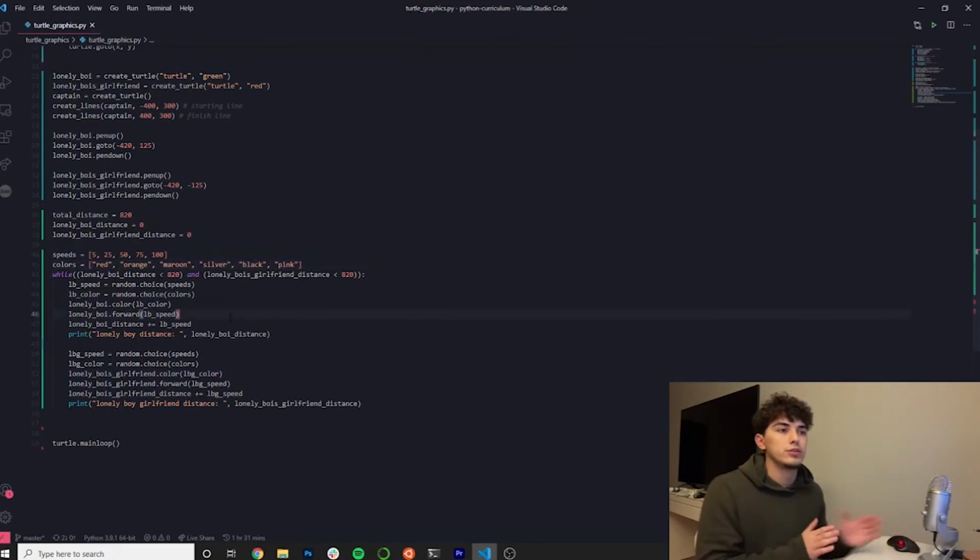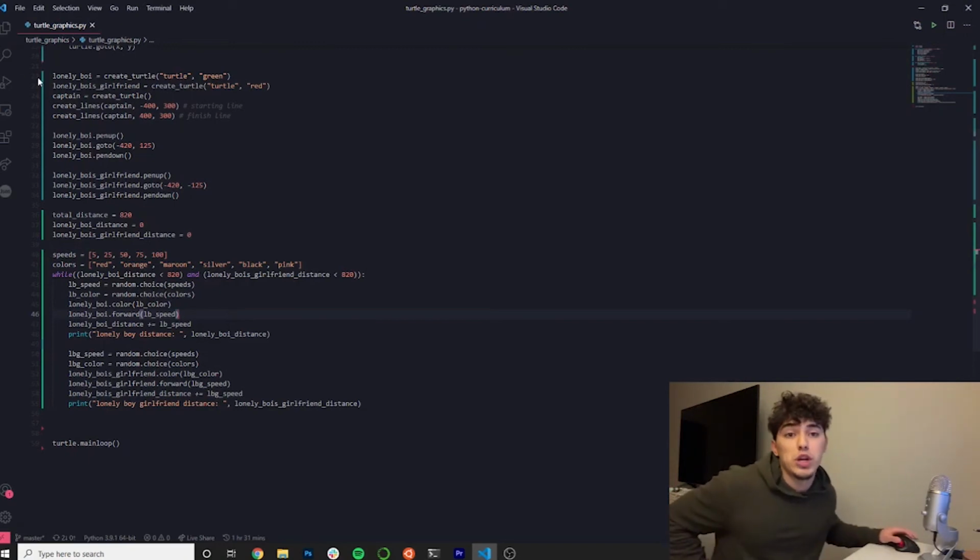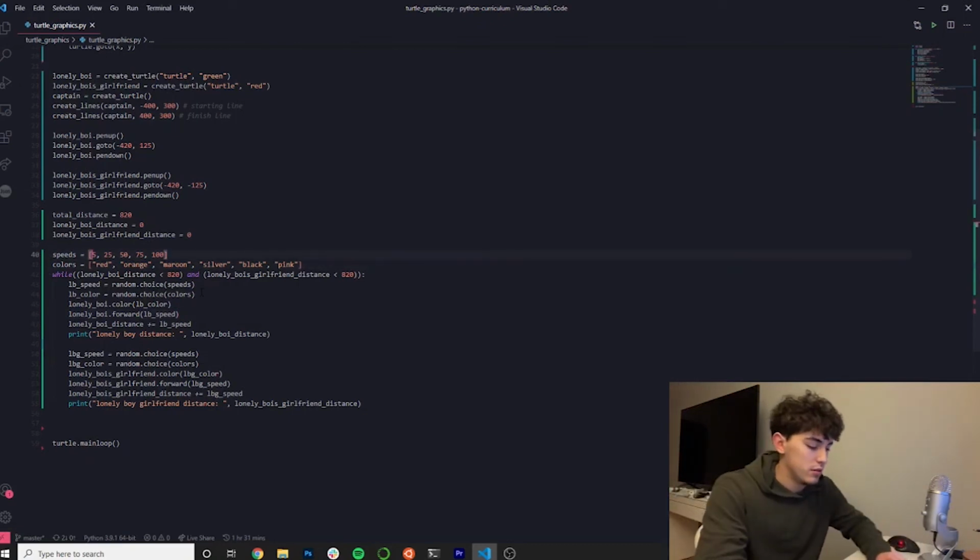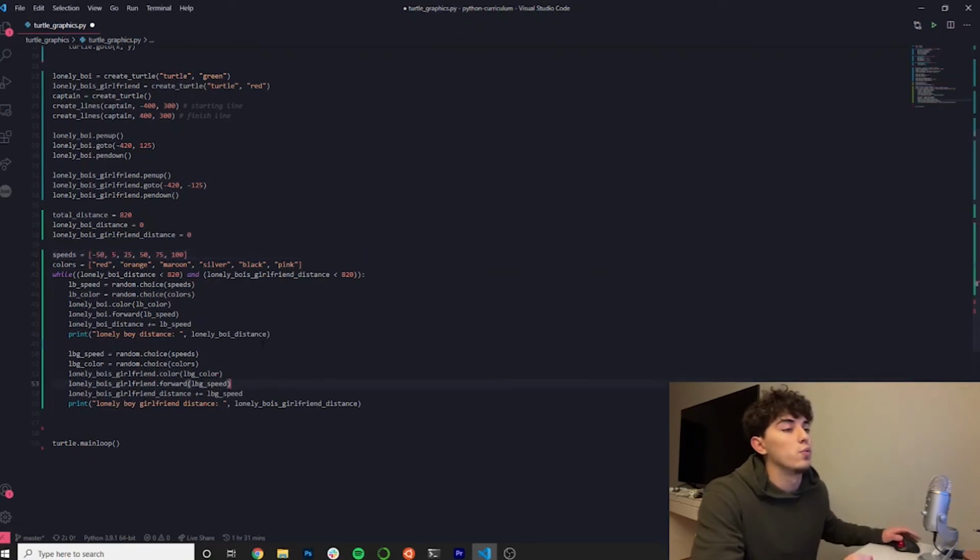Cool. So now that we have these random colors, what we want to do is we're gonna make this a little bit more interesting. So we're gonna add smaller increments. So we'll do something like -50. So now they can go backwards, which can really make this game very exciting, right? So if we run this really quickly,